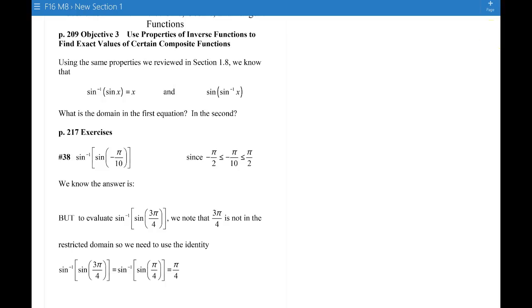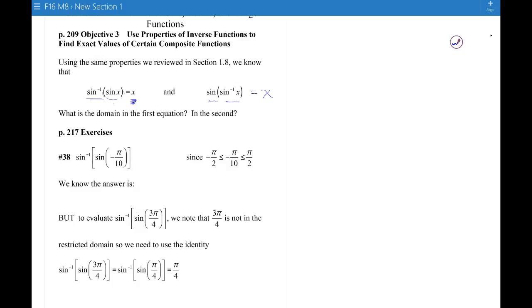Okay, so objective 3 is using the properties of inverse functions to find exact values of certain composite functions. This is going to be pretty mind-bending, so you may want to watch and listen to this more than once. So we're going to use the same properties that we reviewed in section 1.8. So we know that if you do the sine first and then do the inverse sine, you get back to where you started. And if you do the inverse sine first and then the sine, you get back to where